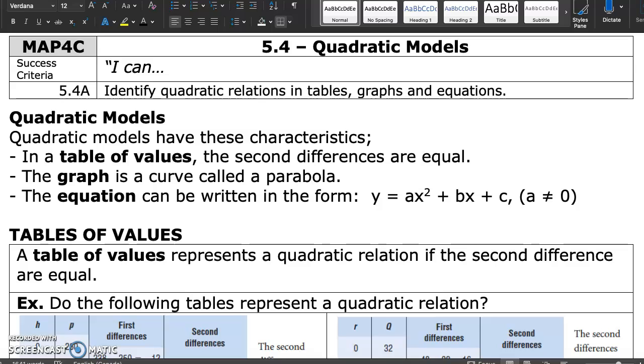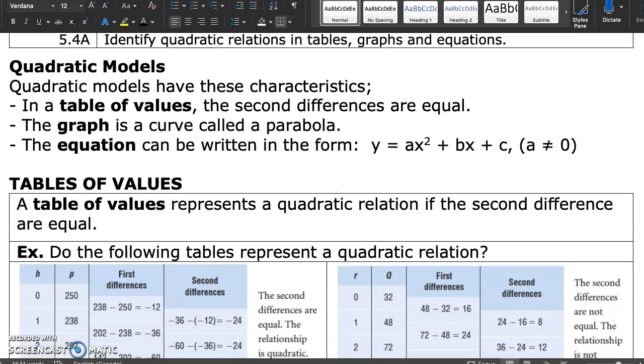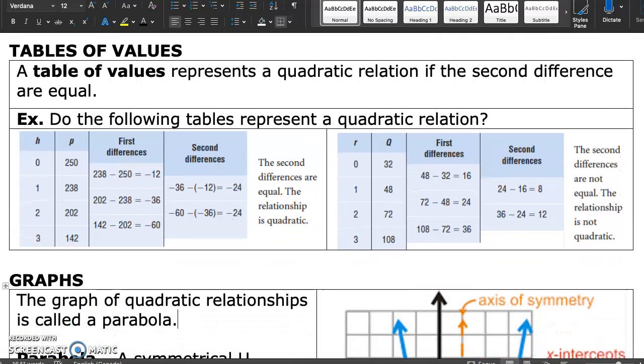MAP4C 5.4 quadratic models. So what we're going to do is investigate what quadratic relations look like in the form of a table of values, a graph, and an equation. So let's start with the table of values. In a table of values, we can determine if the relation is a quadratic relation if the second differences are